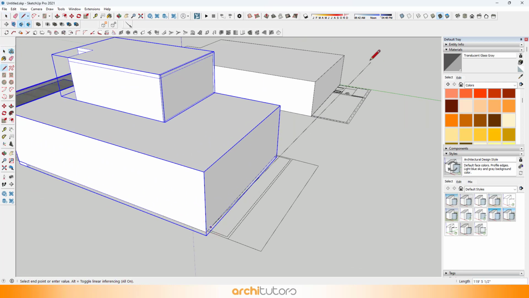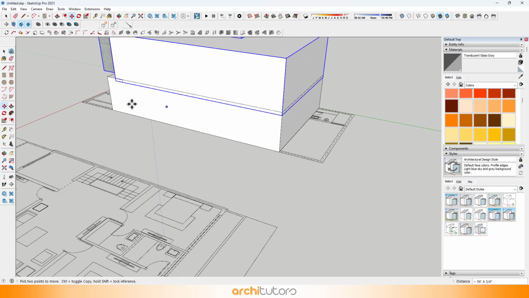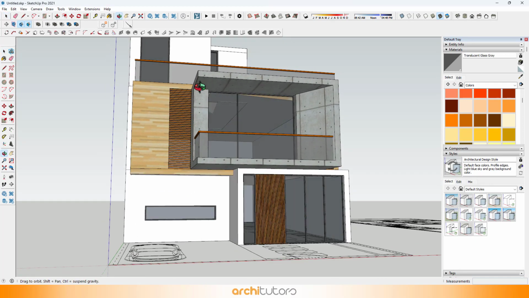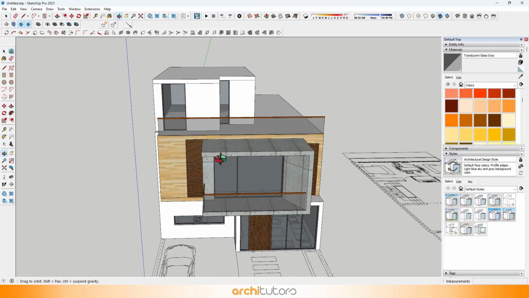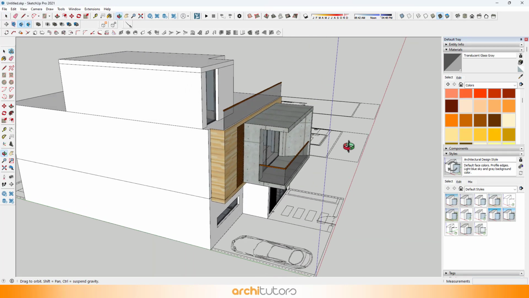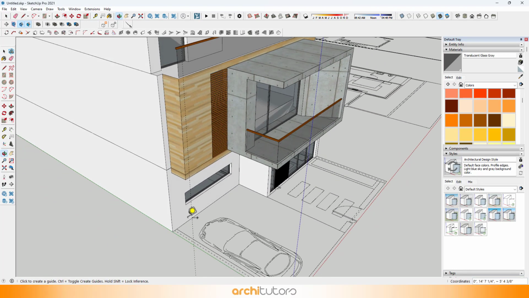After that is done, we can move the first floor volume over the ground floor. I want to create a wall on the side that goes right till the top floor.